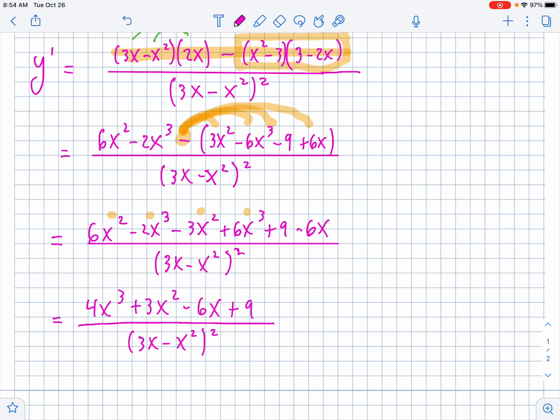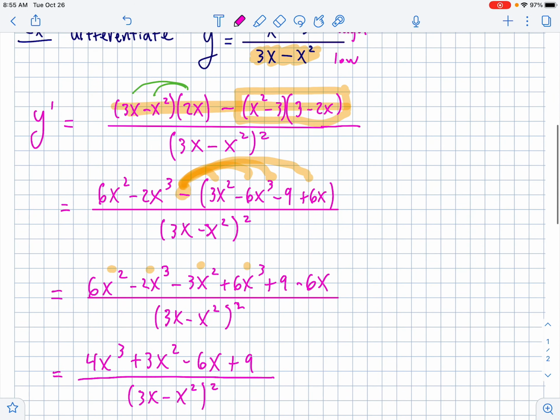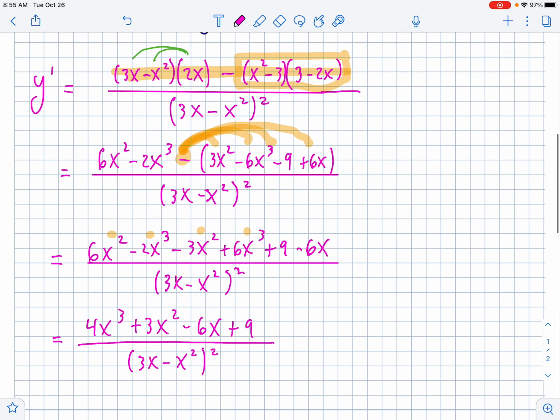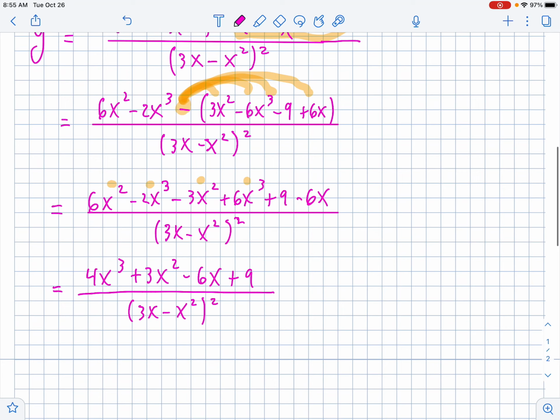Hold up, did I do something wrong? Maybe the book did. 3x minus... I forgot. No, I didn't. 6x squared minus 2x, 3x squared minus 6x plus 9. They seem to think that the cubes canceled out. Did I miss? That would mean that would be negative 6x cubed. I think that's positive 6x cubed. All right, I think the book may have had a problem there. I think that's the derivative. But at any rate,